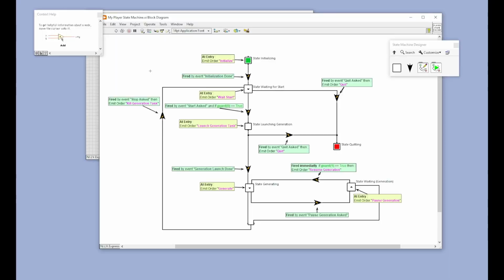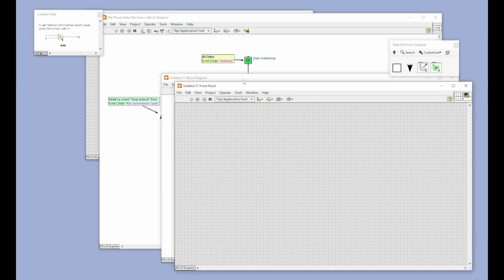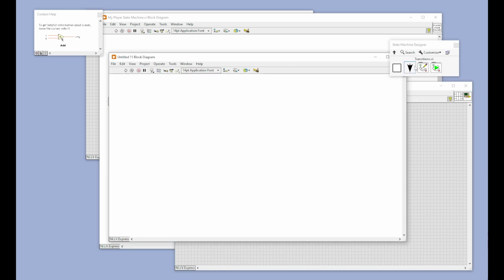Hi there, I'd like to show you now the integration of the state machine VI in another VI. So I take a new VI, and when I take a look at my palette, I can see there is a subpalette for advanced edition and a subpalette for execution. This one is composed of an easy state machine VI,